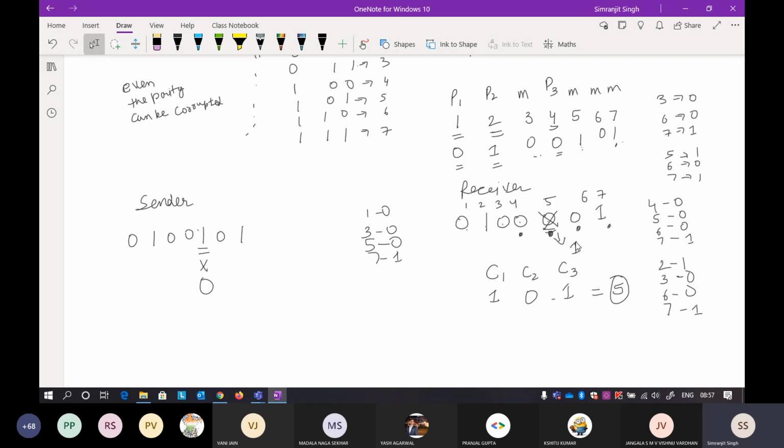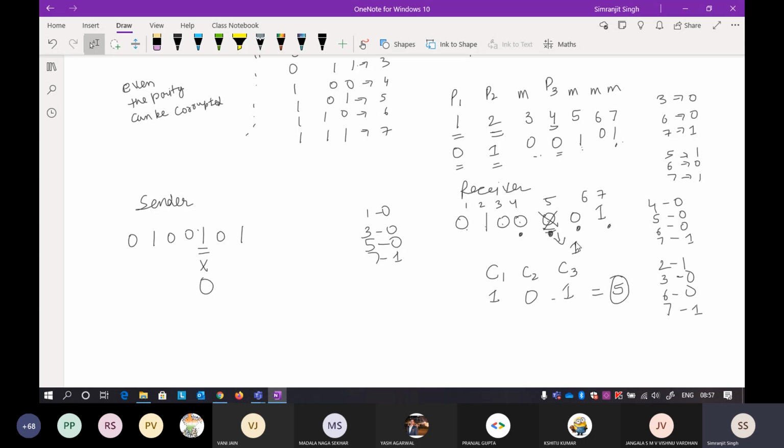The binary number has a very big advantage: if there is an error, you have to go to a particular position and convert it either to 0 or to 1. So if at this fifth position there is a 0, it means there is an error, and you convert that position to 1. If at the fifth position there was 1, you convert it into a 0. That is fairly simple.